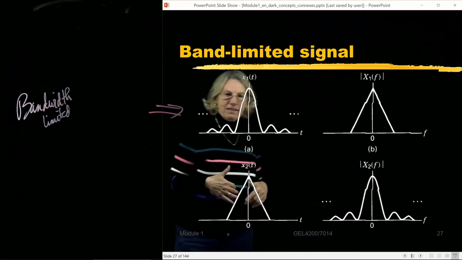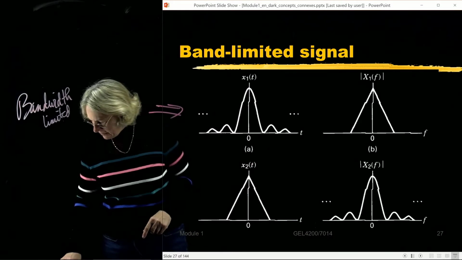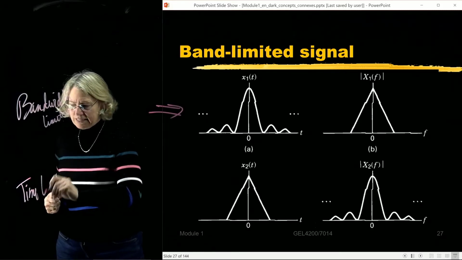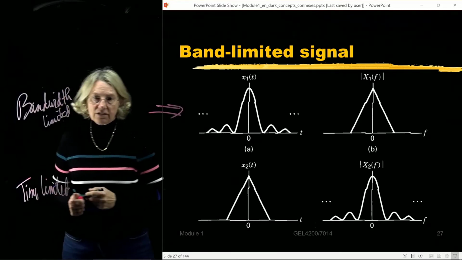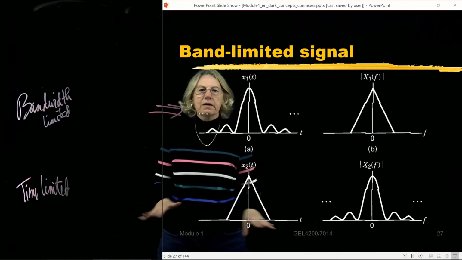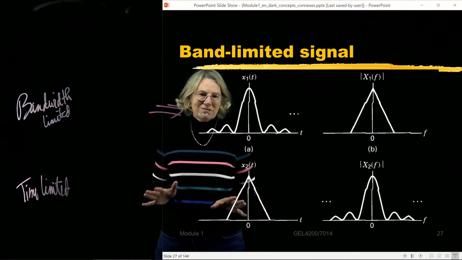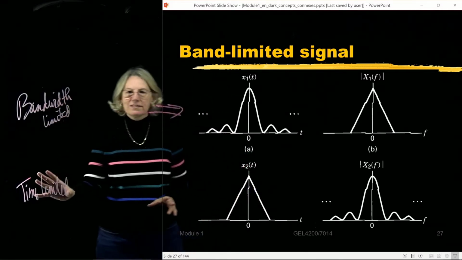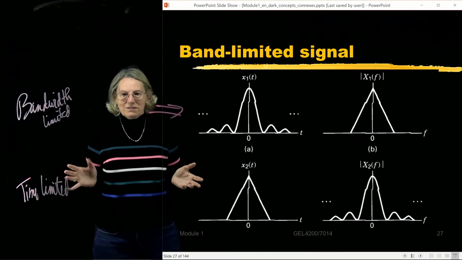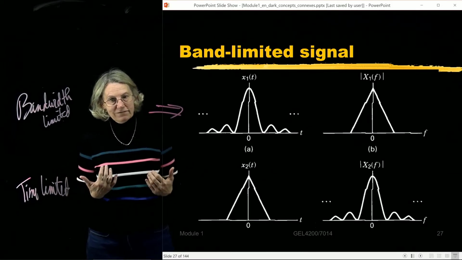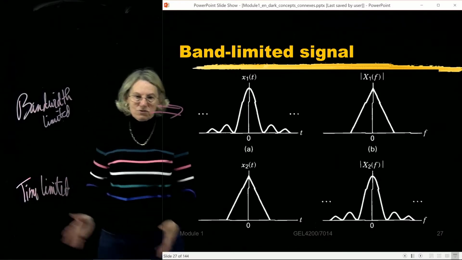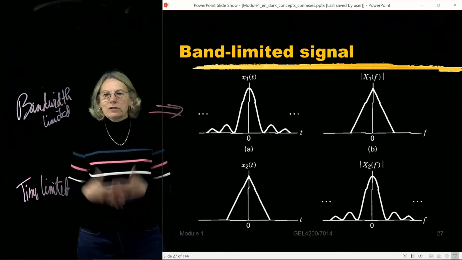And I'll just step back and say that we might give a notation or vocabulary to this, and say that this is a time-limited signal. So this signal is only non-zero for a specific interval of time. All other time, it's 0. So with this idea of bandwidth limited and time limited, we can start asking about what is realistic. Well, time limited seems realistic to me. When I go to the lab on Tuesday, I start my signal then. It doesn't go to minus infinity. So time-limited signals seem realistic.